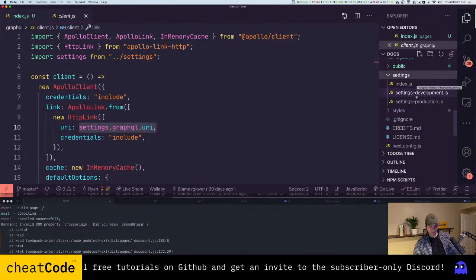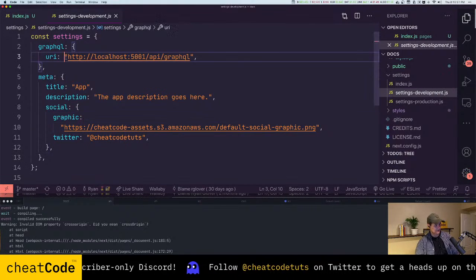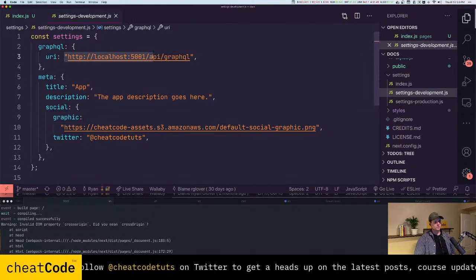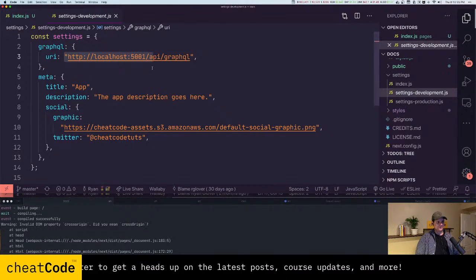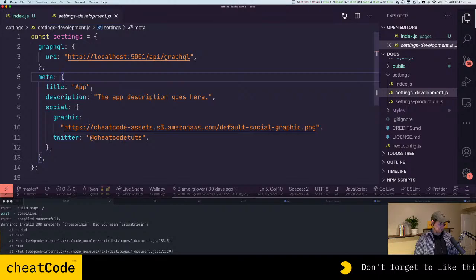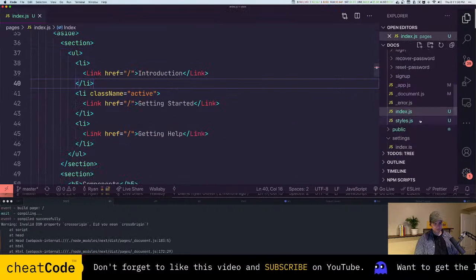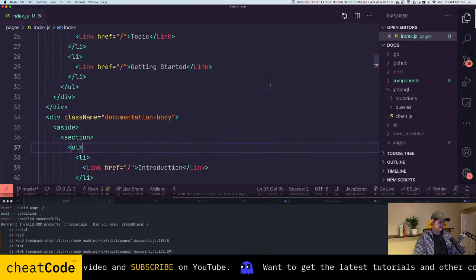And so I'm looking for settings, development. And yes, it is. Okay, so by default, the Node.js server boilerplate runs on port 5001, and it registers the GraphQL server at API/GraphQL on that endpoint. So this should just work, and that's just metadata. So yeah, I think this will just connect. We should be good to go. So with that,